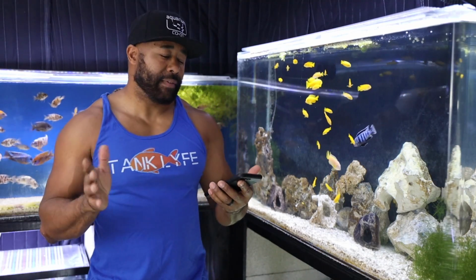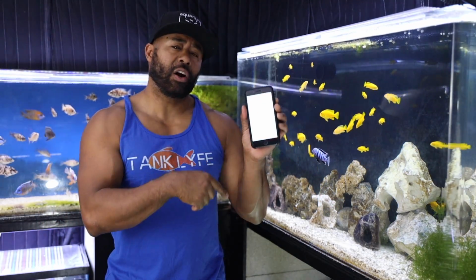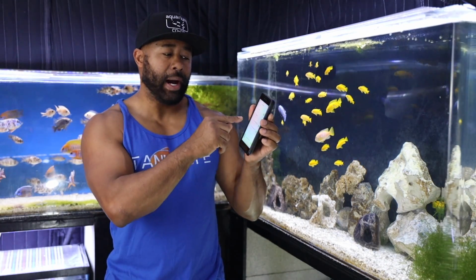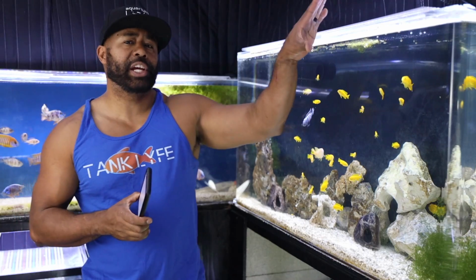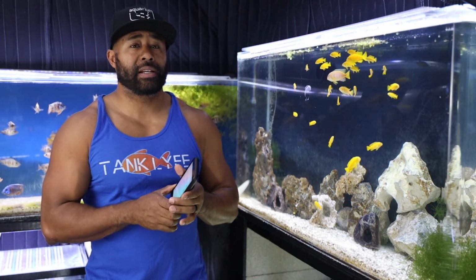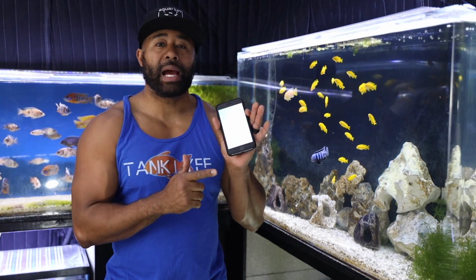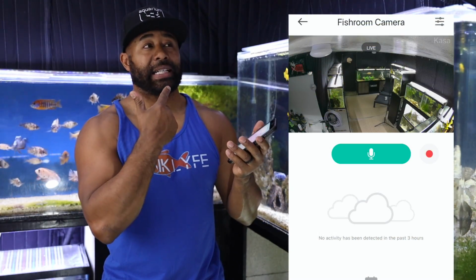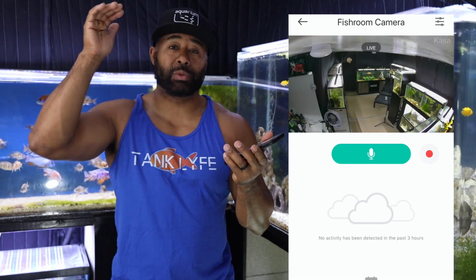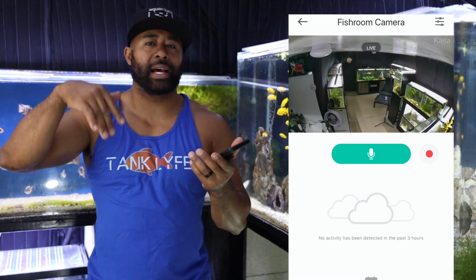Now here I'll give you a quick demonstration of how this works. I have my phone here. I've got all my lights listed by name. I also have a camera. I didn't mention the camera. I have a security camera in this room, and the camera is the same brand, and it's on the same app as well, and it's a camera that I can actually talk through. If I'm upstairs in my office, which is on the 3rd floor,